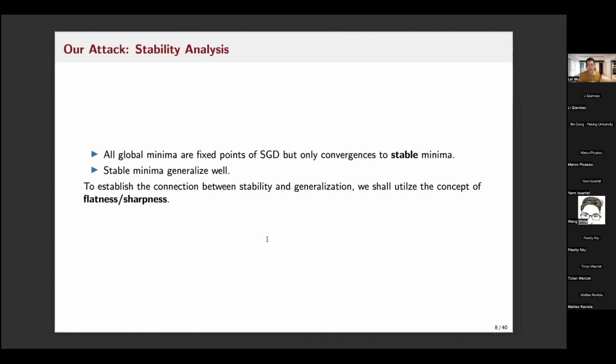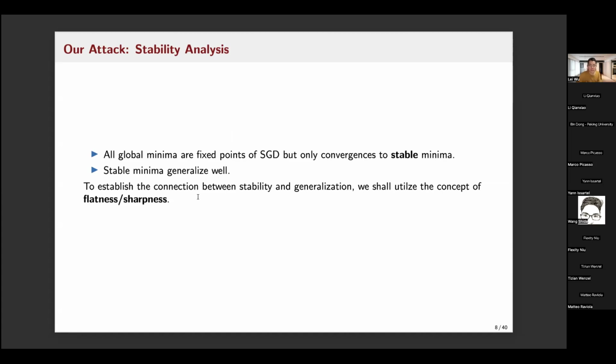But in this talk, we have two tasks. One is to characterize what we mean by stable, and what the stable minima are for neural networks or for SGD. Another one is why stable minima generalize well. So basically, we have two tasks, to connect the